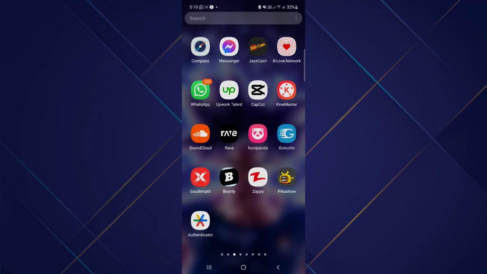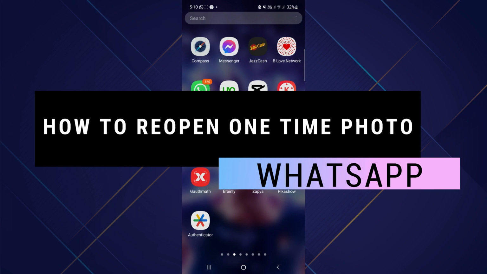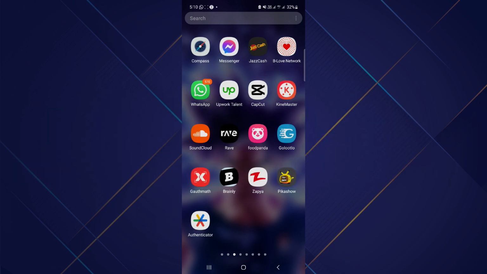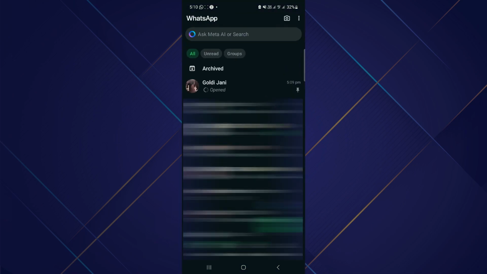Hey guys, in this video, I will show you how to reopen one-time photo in WhatsApp. So make sure to watch the video till the very end. And let's begin. For that, you just have to launch your WhatsApp mobile application and then you need to tap